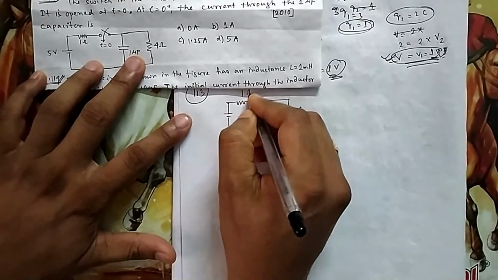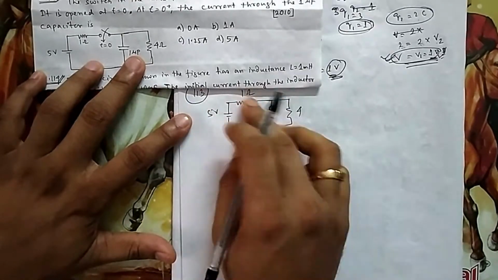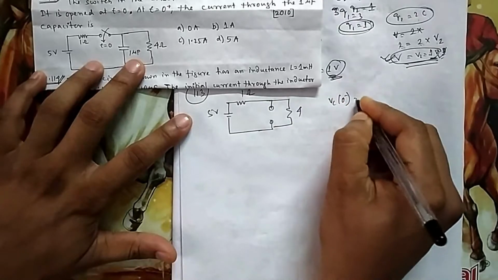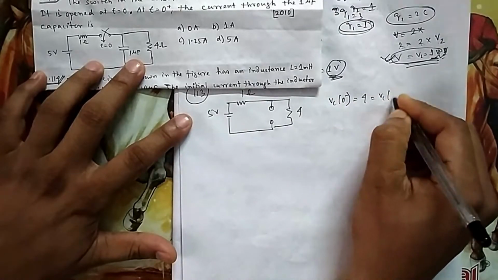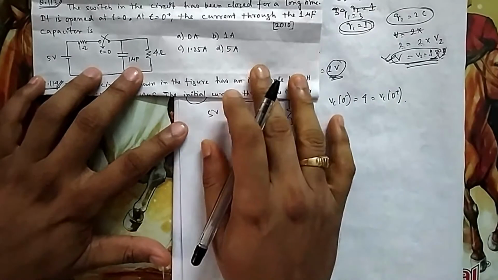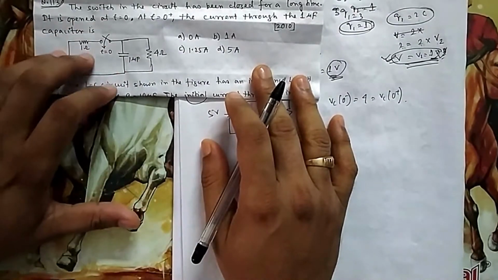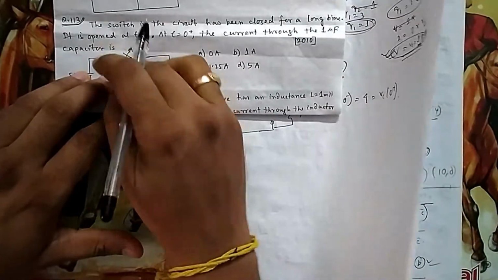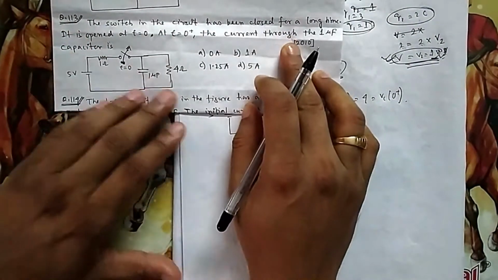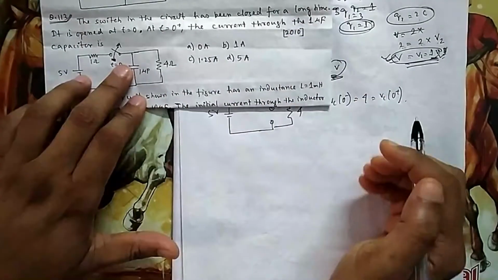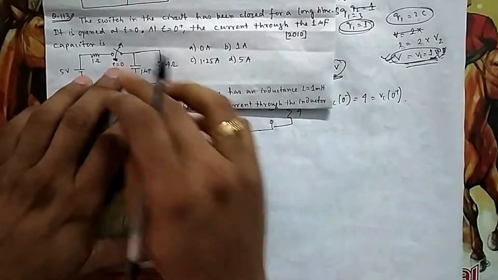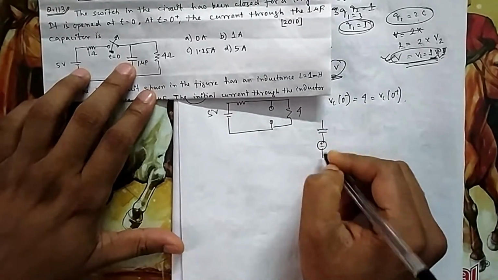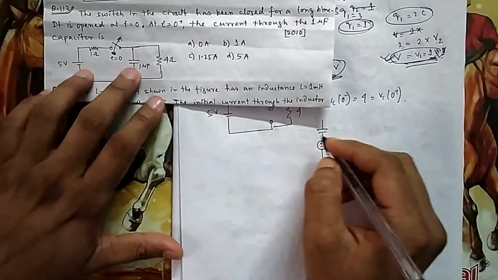So how much voltage it will charge, you can think. So 5 will be divided in this ratio, this 4 volt. So the initial voltage Vc at 0 minus is equal to 4 volt, which is also equal to Vc at 0 plus. Now the switch, which has been closed, is now open, so this direction should be in this direction. So it is opened at t equal to 0. Now the current through the 1 farad capacitor. Once this is opened, your circuit will look like there is a capacitor and it has initial current this side, because this side will not come into the picture.